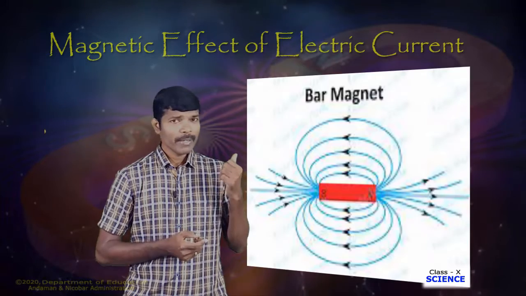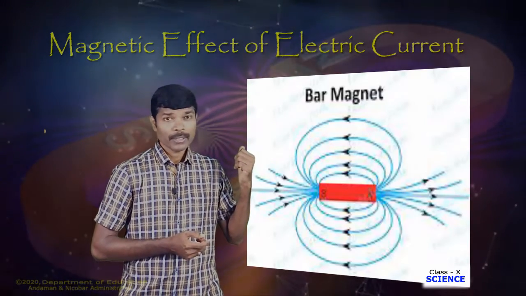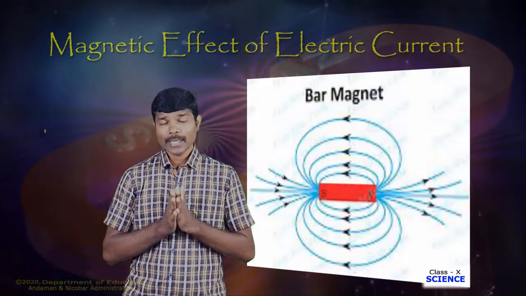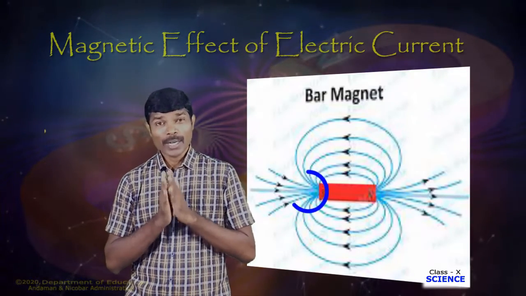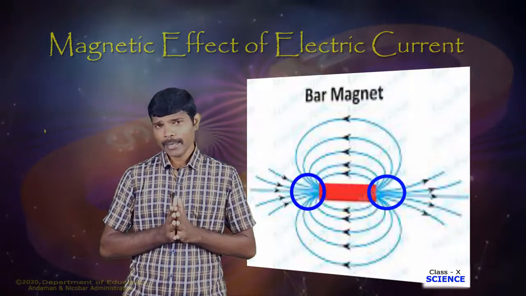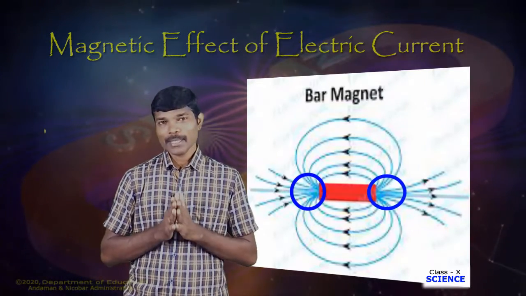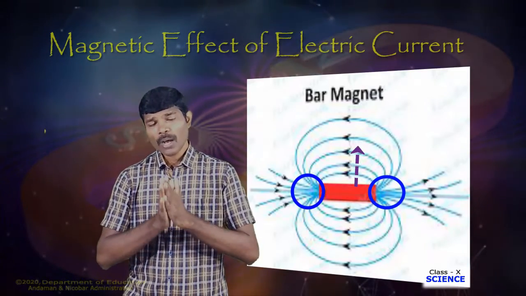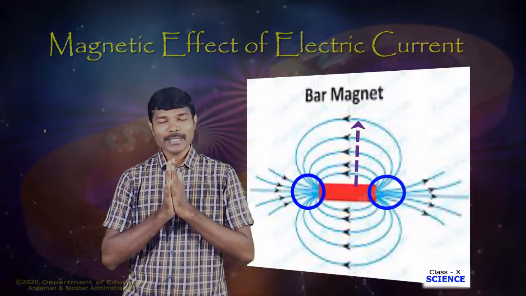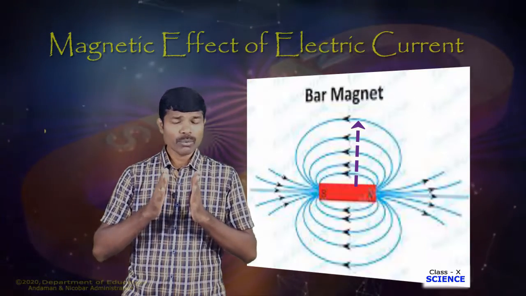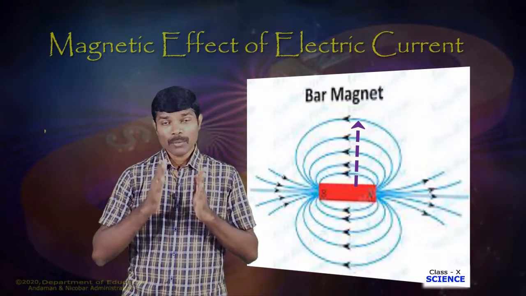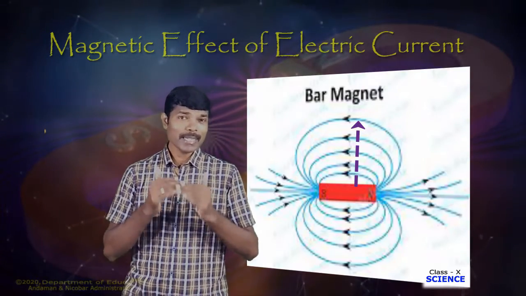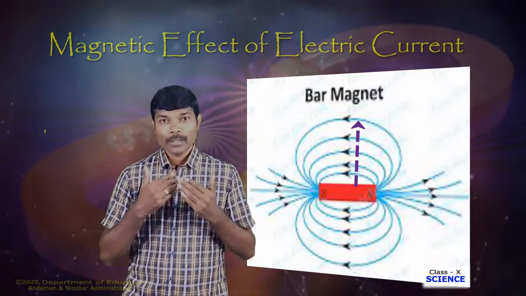And the magnetic field lines can be represented by the picture as you can see on the screen, and in this picture you can see that the lines are crowded at the poles, which indicates that the strength of the magnetic field is more at the poles, whereas as the lines go away, as the distance increases, the distance between any two lines is more, which indicates that as the distance from the magnet increases, the strength of the